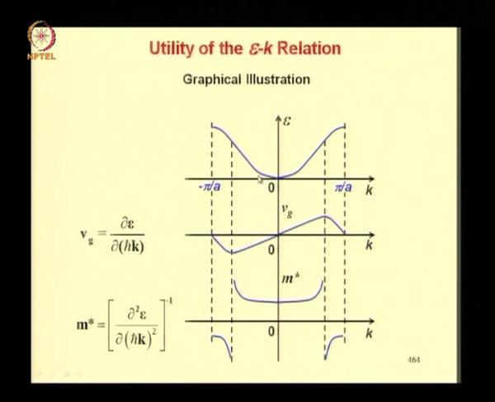If I restrict myself to a small region around this point, here, then this E-k relation will be approximately a parabola, and therefore its double derivative will be constant, and that is the origin of the use of a constant effective mass in many cases, so long as the kinetic energy of the electron does not become very high. So for this point the kinetic energy is 0, and as its kinetic energy increases, the electron moves up on this E-k diagram.